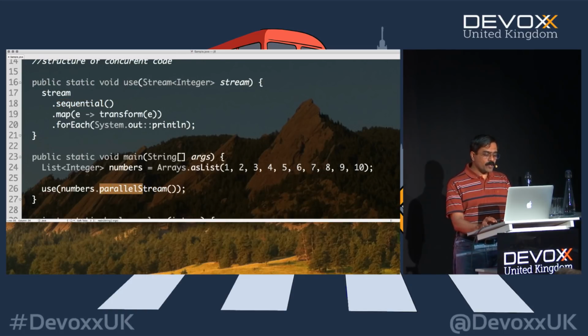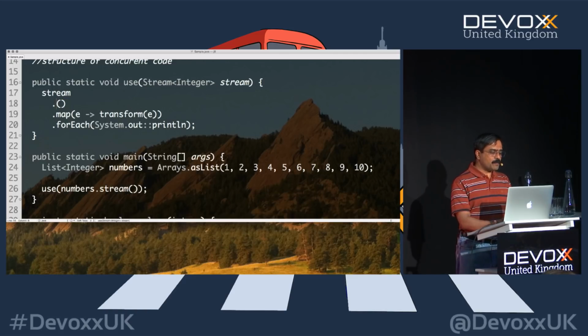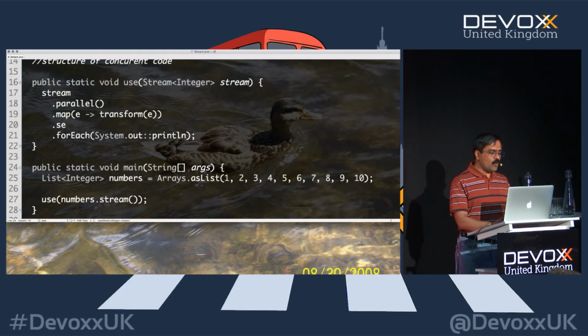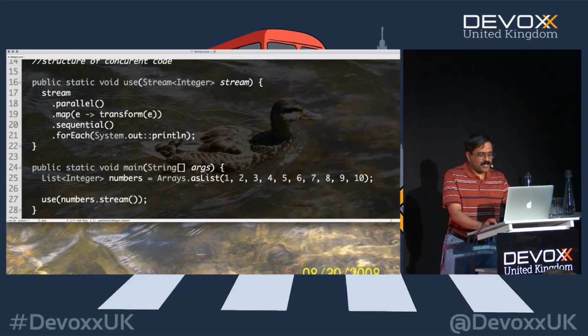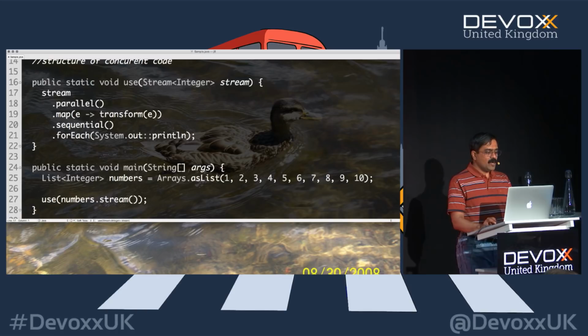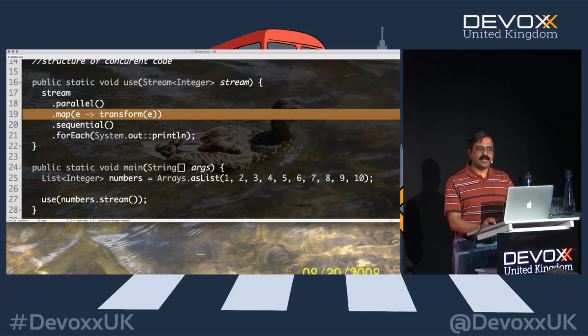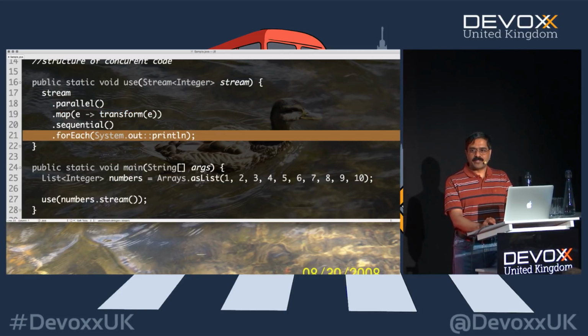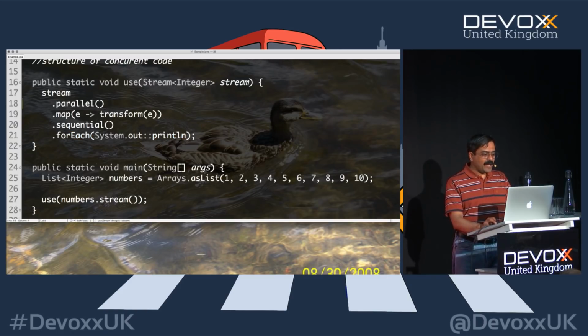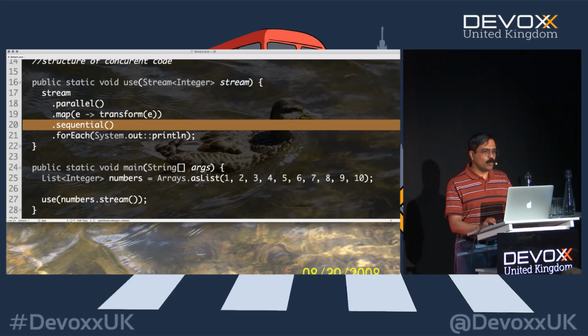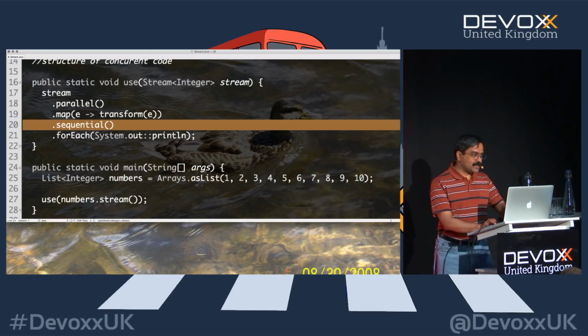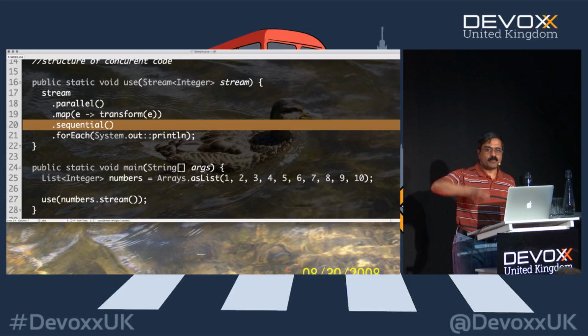But what is even more important to keep in mind is, if you had said parallel right here, but on the other hand, if you said sequential right here, now, it's really hard to really imagine this, because naively, we may look at this code and say, aha, this is wonderful. This map will run in parallel, but the for each will run in sequential mode. Unfortunately, that's not the case. In this particular case, the very last one wins. So this is going to affect the behavior of the entire pipeline.